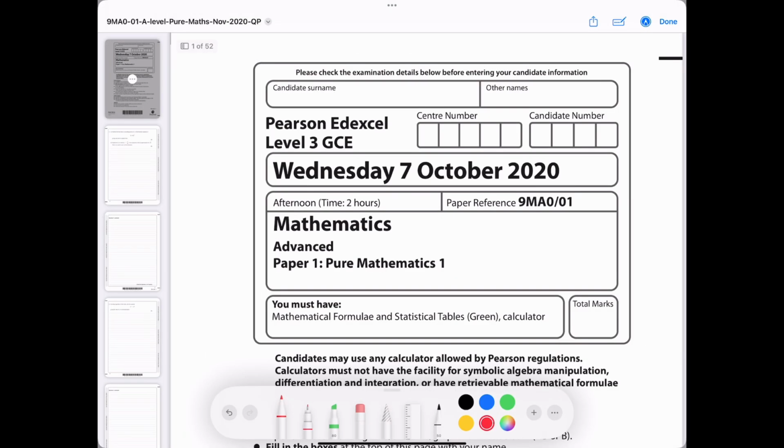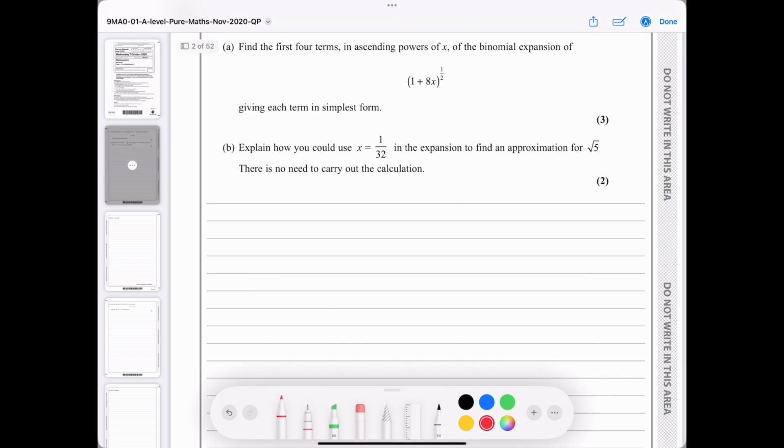We are doing Wednesday the 7th of October 2020's Pure A-level. For number 1, find the first 4 terms in ascending powers of x of the binomial expansion of (1 + 8x) to the power half. So we can use the binomial expansion, so it's 1 plus nx, n being this here, the half, and